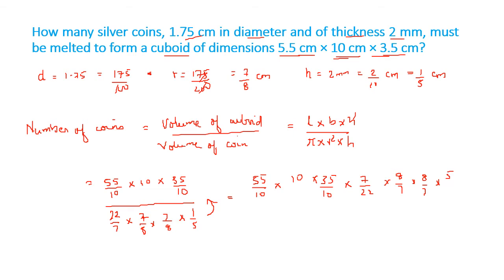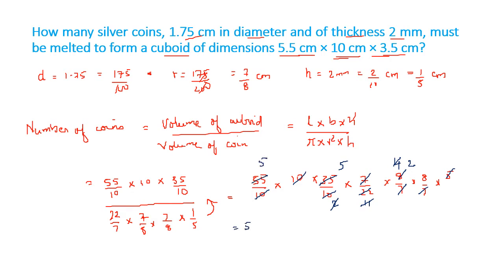Let's start with the cutting part. The 10 and the 10 get cut. 5 ones are 5, 5 twos are 10, 2 ones are 2, 2 fours are 8, 7 and 7 get cut. 7 ones are 7, 7 fives are 35. I've got 4 twos are 8 and 4 elevens are 44, 11 ones are 11, 11 fives are 55.